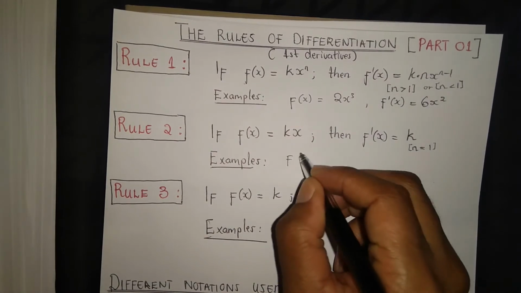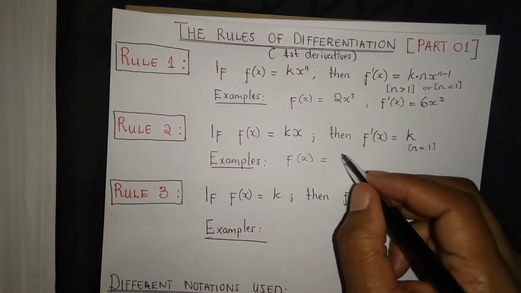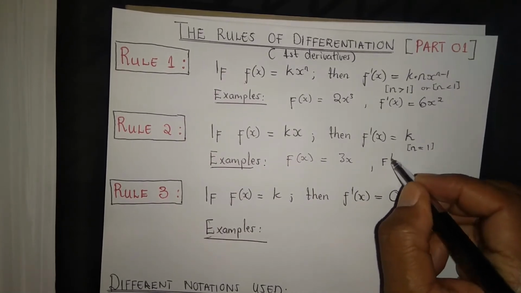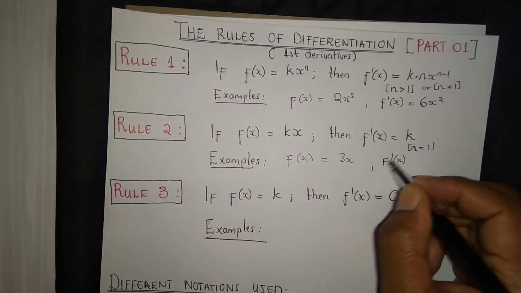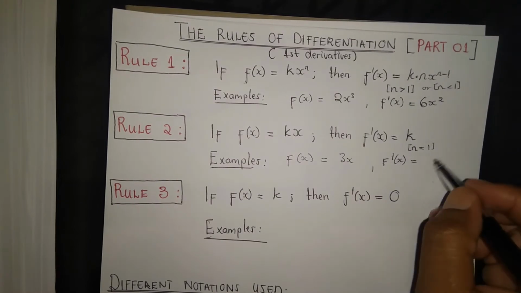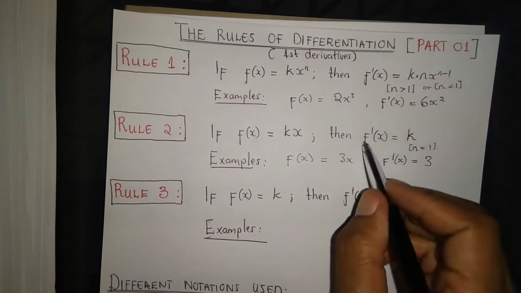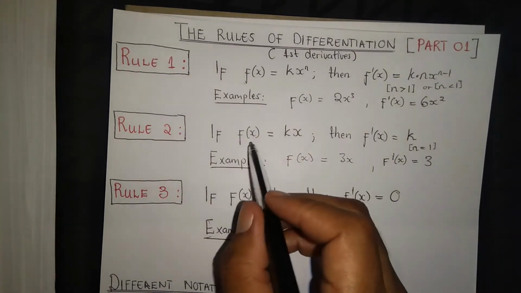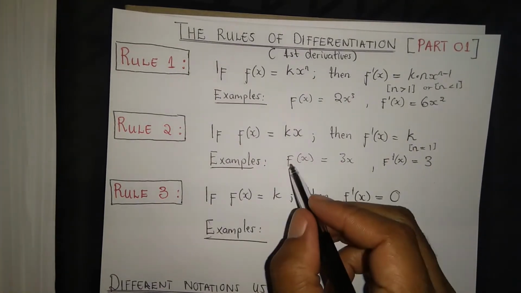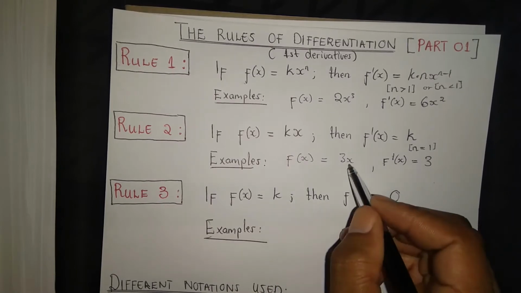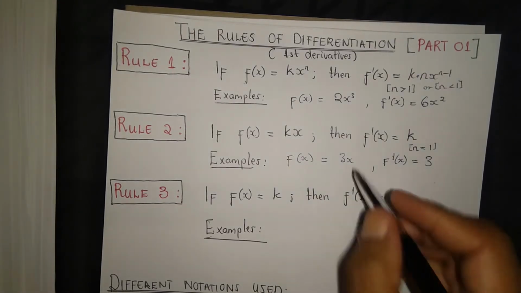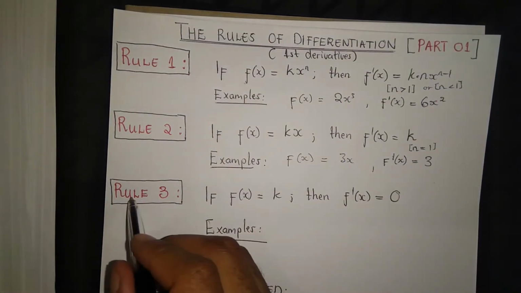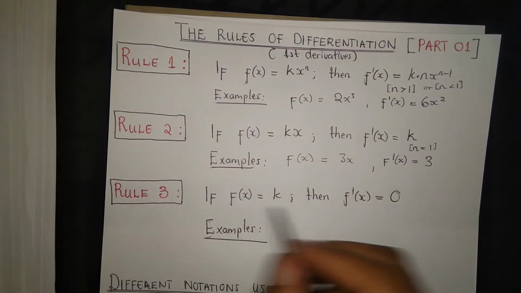So given a function f of x equal to, let's say, 3x, therefore the derivative, the first derivative f prime x is equal to 3, just like above. You just drop the x. So I'm differentiating in terms of x, right? So therefore variable yethu bani x la, same as above. Rule number 3, the rule number 3